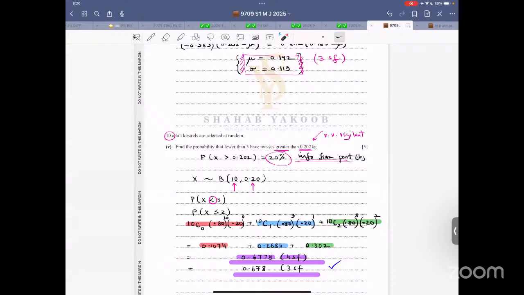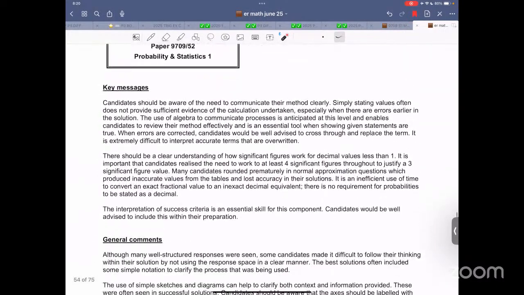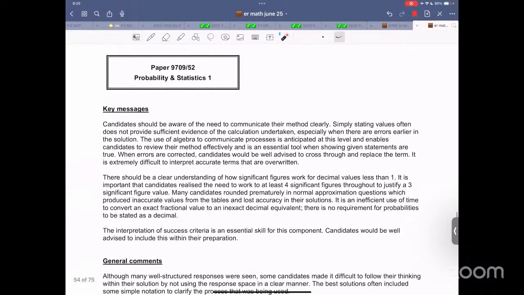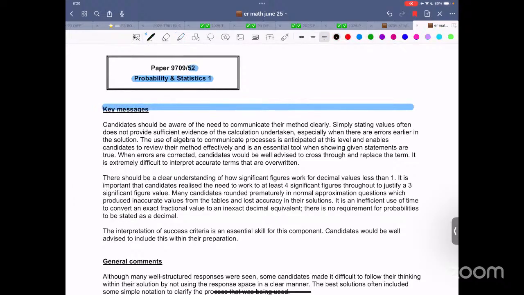And I think we have done enough of revision. Let me go over this thing. Now, this particular one, the second variant, let me focus on this. So this is May, June